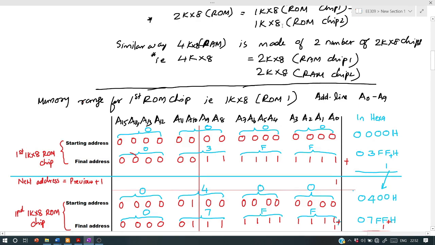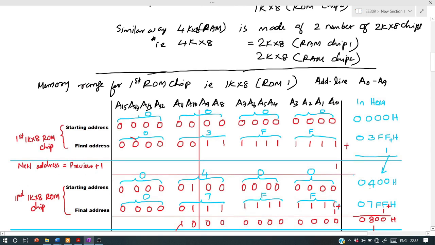So the 2K ROM memory mapping is over. For the first 1K ROM, it requires the address range 00000 to 03EFFH, and the second 1K ROM requires the memory range 0400H to